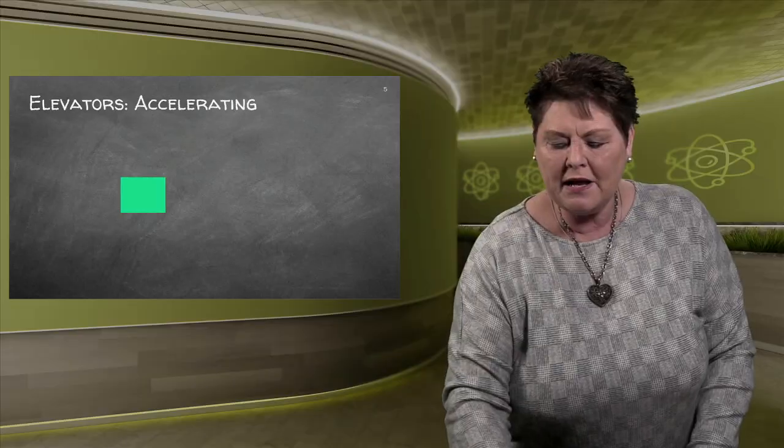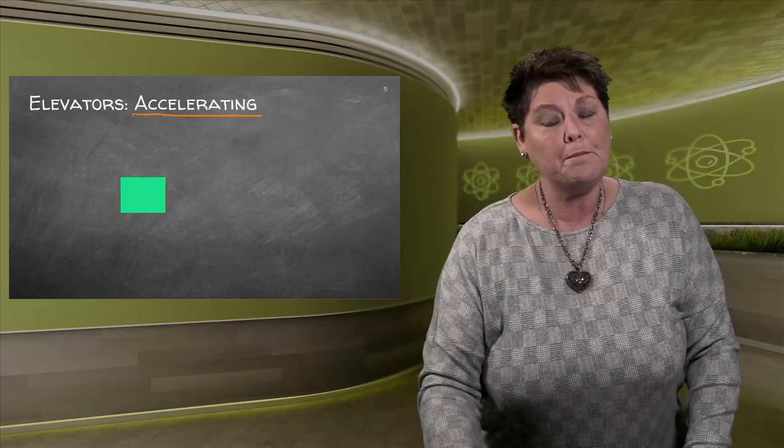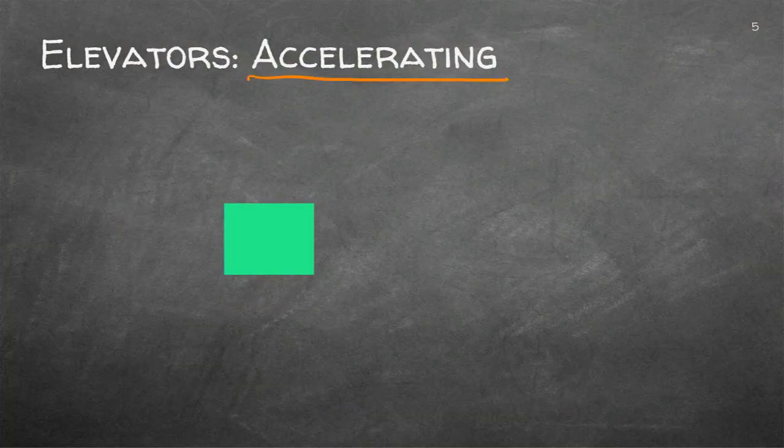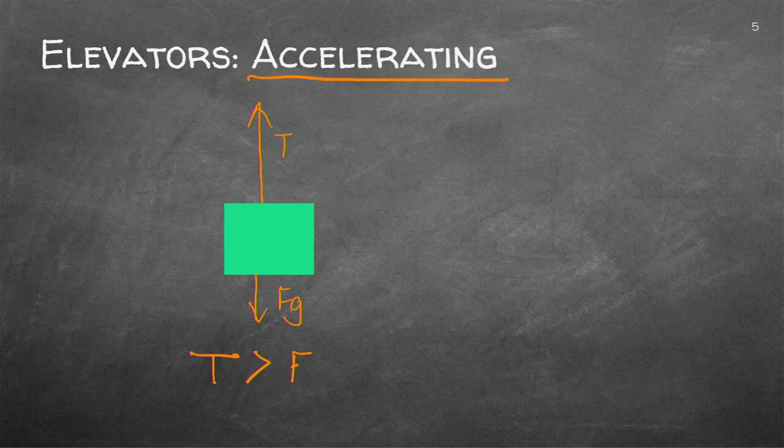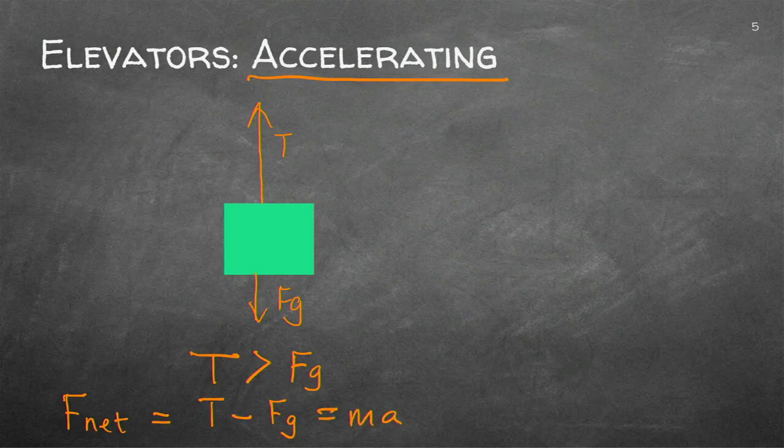Right. What happens if it accelerates? Well, it depends in which direction. If it accelerates up, the tension will be greater than the gravitation. Tension greater than gravitation. Now, why am I writing those two down like that? Because you need to know, when I've got to find the net force, I'm going to deduct the smaller one from the larger one. Do you see? Then I can work out the acceleration.